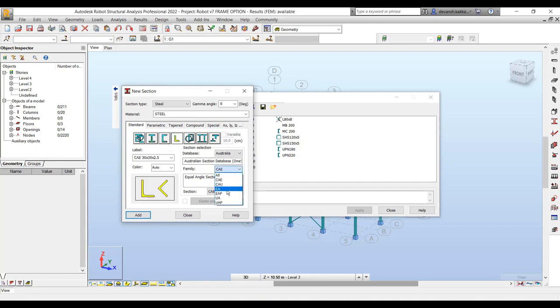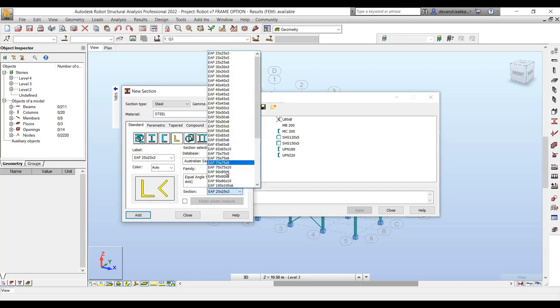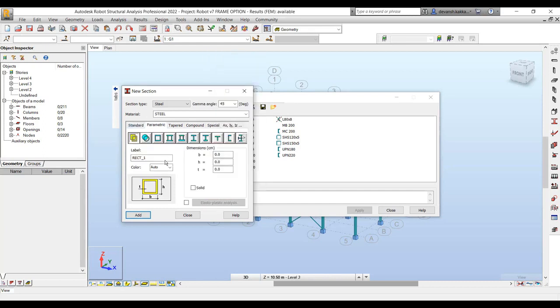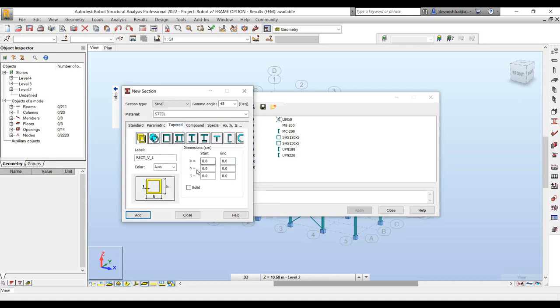So you have I sections, channels, angles, and once you filter out a particular profile, it will only show you that specific type of section within the table. You can also create parametric sections, so welded I sections or welded tube sections, T sections. So you can just define the properties and it will generate the section for you.